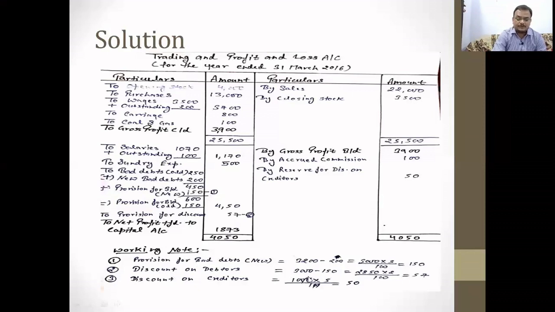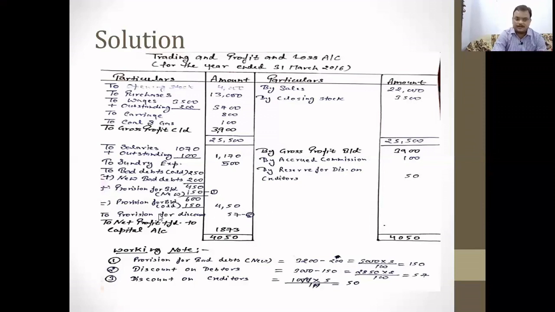150, 3000 minus 150, that provision, that new provision, the amount will become 2850, and you have to find 2% on this 2850, that is 57 rupees. Okay, that 57 rupees is provision for discount. And in adjustment at the credit side, there trial balance at the credit side, there is a provision for bad